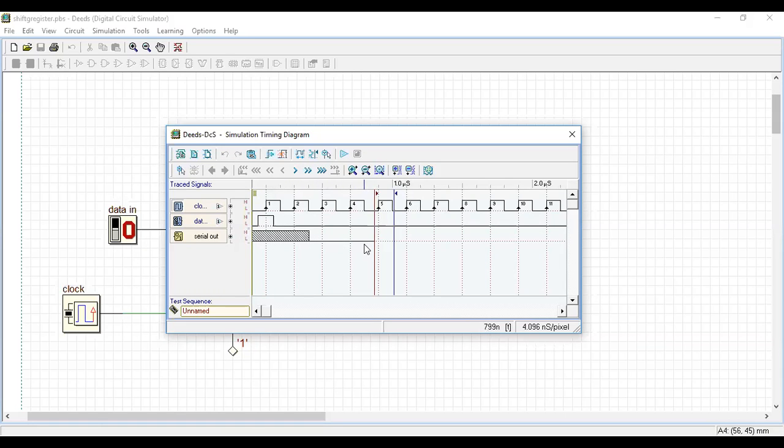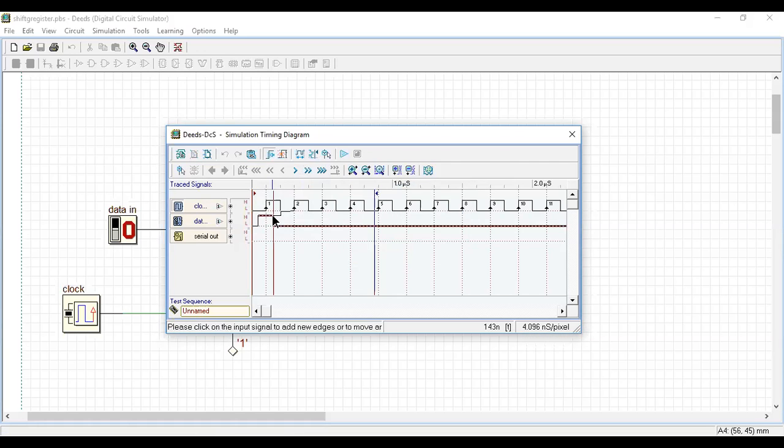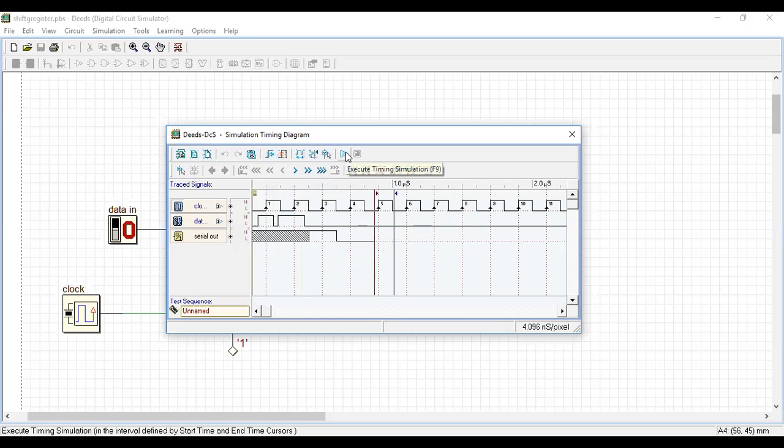So I'll change it again. Clear simulation result. Yes. So this time it has detected my input, the 1 input.